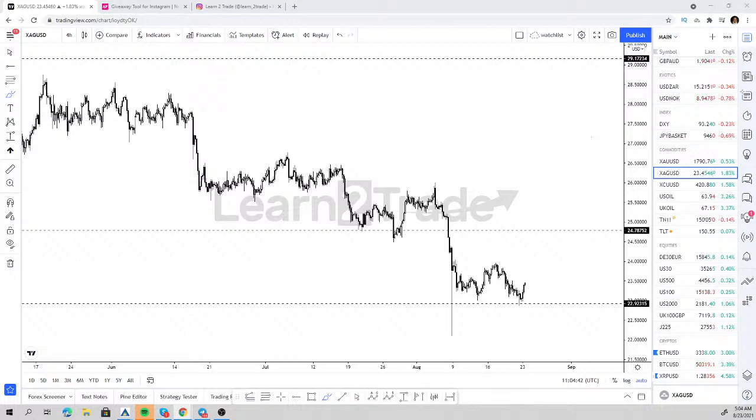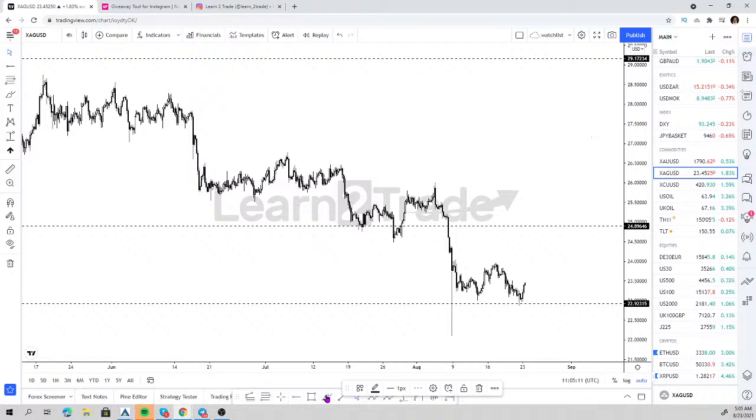Is marking support and resistance lines by pin bar candles the best way? Mate, don't get crazy around the perfect position of your horizontal lines. Support and resistance are not levels, they're zones. So it does matter, but in this case, it doesn't matter if my line is here or my line is here. I know that the key level is all of this. So I'm too close to that key level, so I'm going to wait for that retest of that key level.